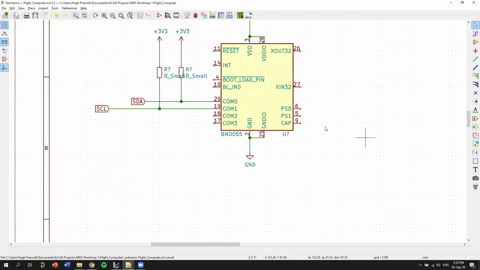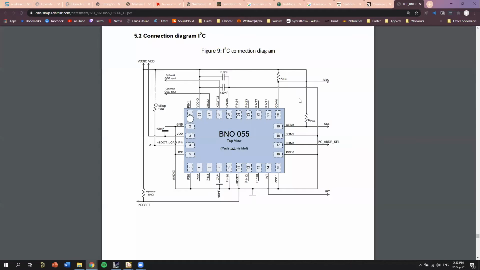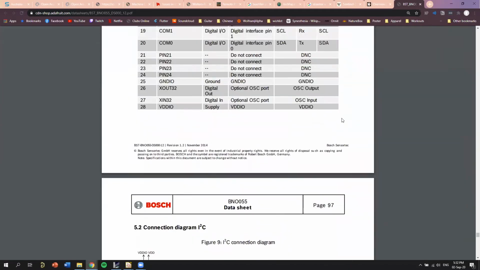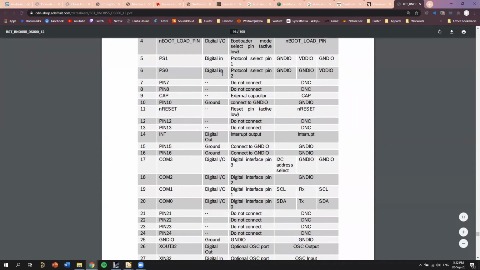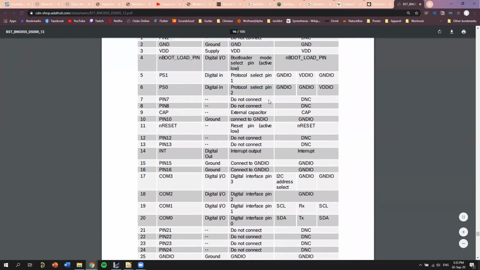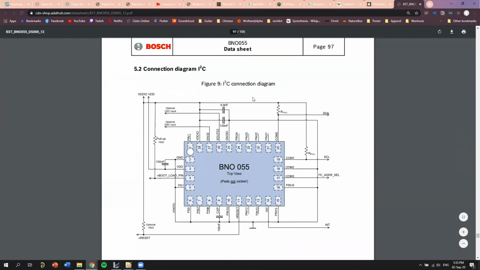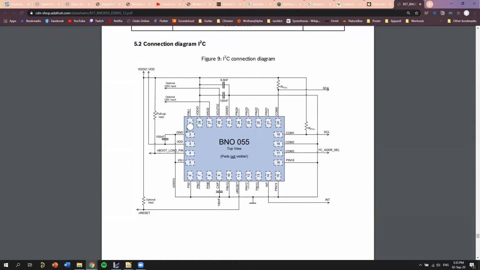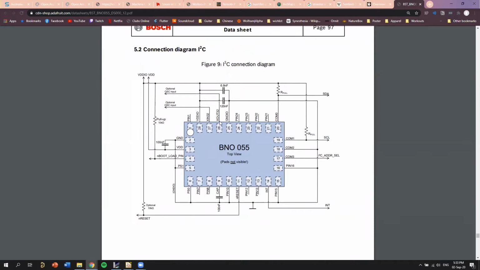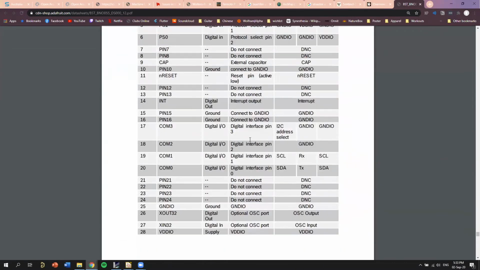PSO, PS1, cap. What are these? So let's go to the data sheet and have a look. We've got PSO, digital in, protocol select pin. So if we have a look here, what they do is they just connect it all to ground. So I'm guessing it's basically just a way to pick what communication protocol you're using. And I2C must be